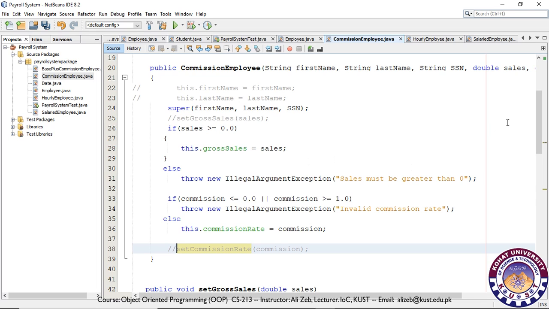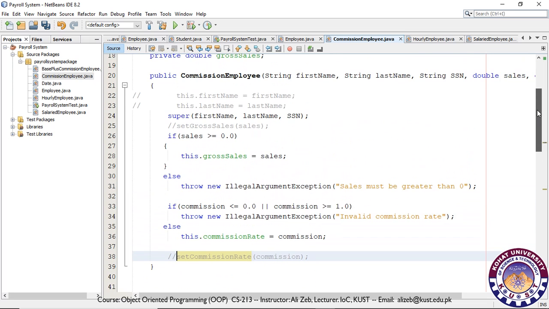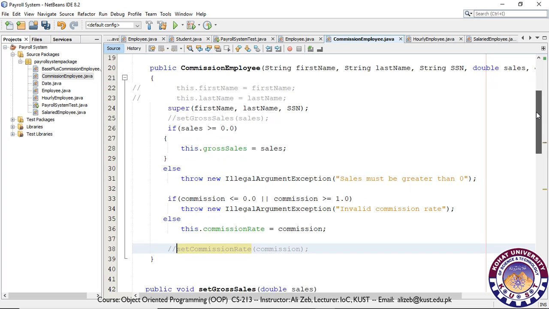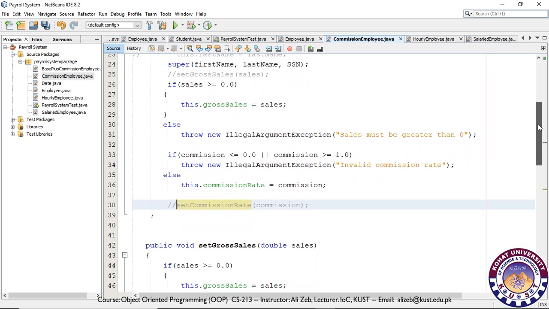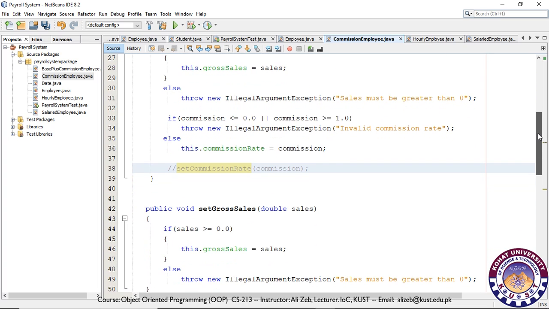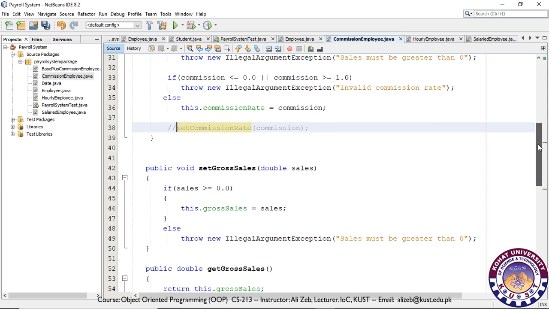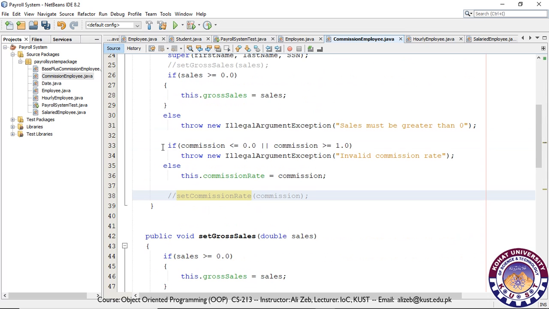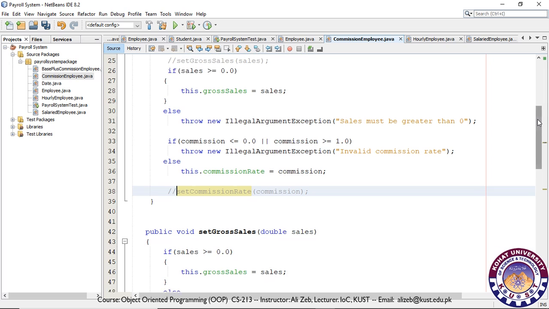So you need to remember that although the compiler allows us to call the setter methods from within the constructor, we should follow the programming practice of not calling the setter methods or any overridable method from within the constructor. Instead, we can write the code separately for validating our variables, and then we can write the same code